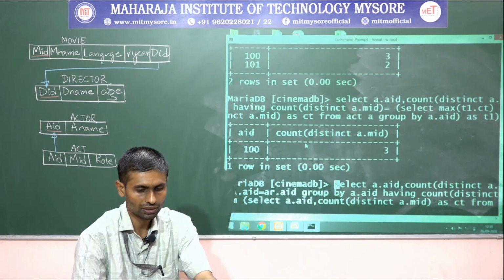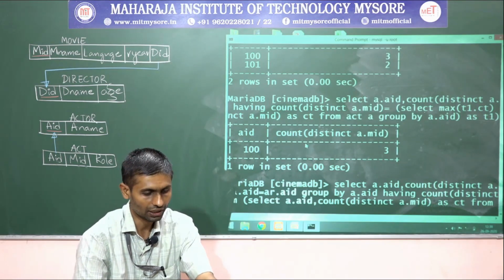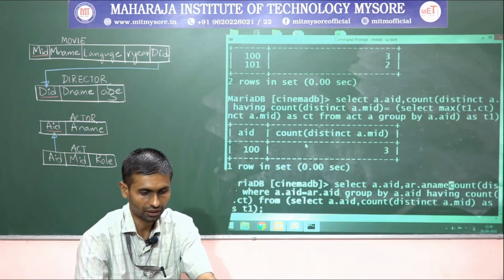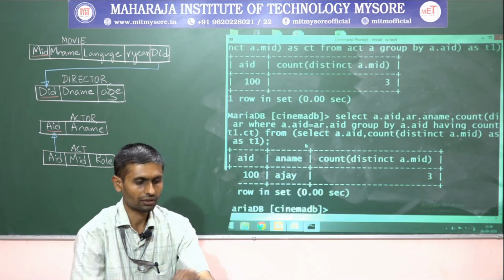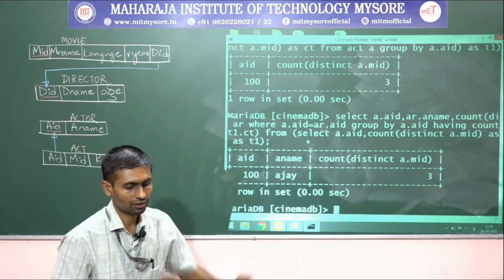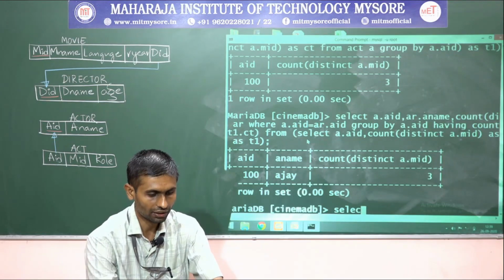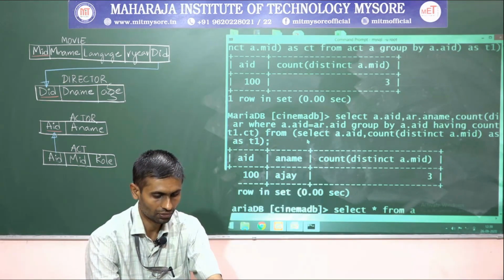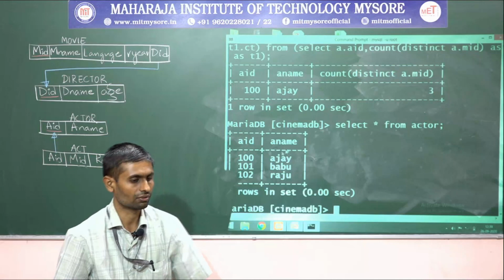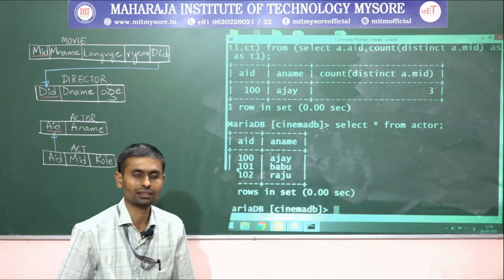That's it. Go to the select clause and display the name, AR.AName, actor name. You got Ajay, right? Let me check whether 100's name is Ajay. Select star from actor. Look at this one. 100 means Ajay. We got the answer, right?